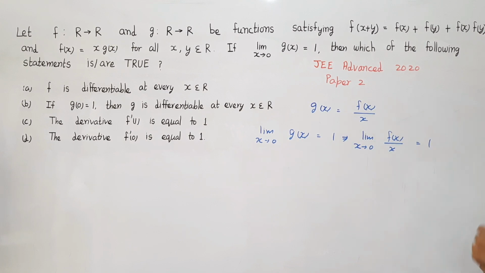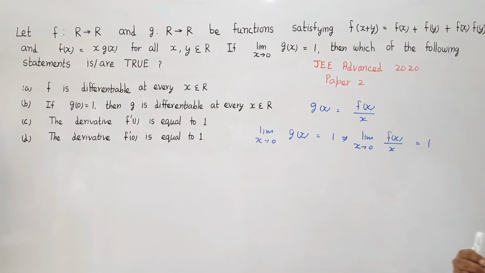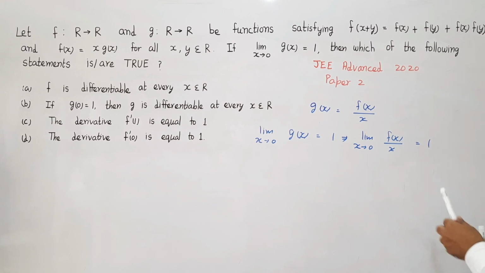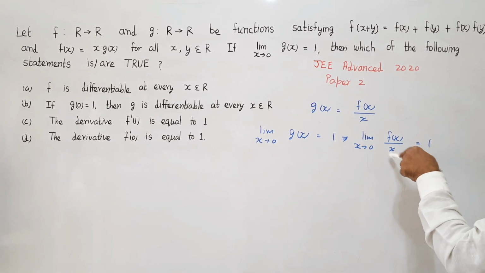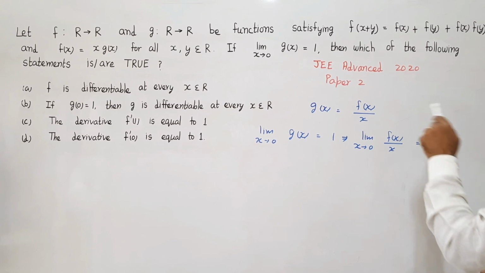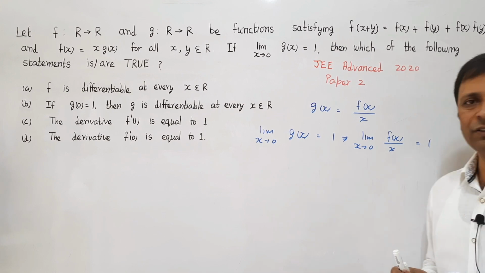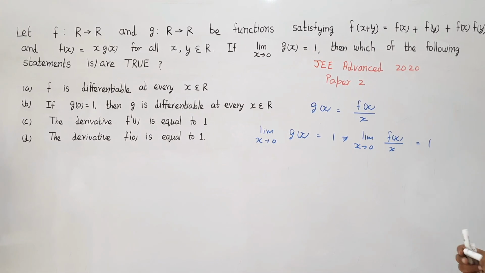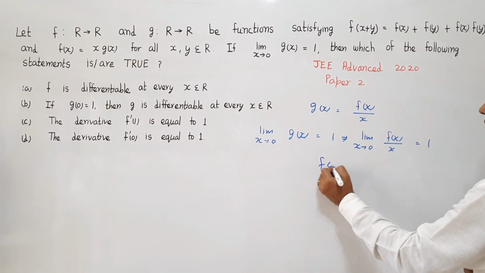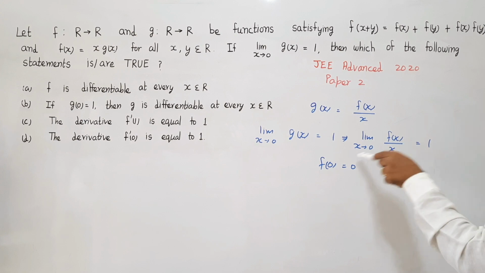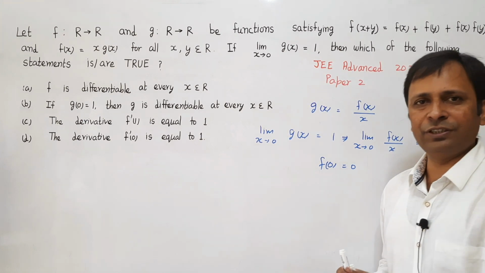Now, if x is approaching 0, I can derive two important things from here. The first conclusion is that when x approaches 0, the denominator is 0, so the numerator should also approach 0. Only then can you get a finite value of this limit. That means f(0) should necessarily be equal to 0. Otherwise it becomes something upon 0 and will tend to infinity, so the limit will not exist. So for the existence of the limit, f(0) should be equal to 0.